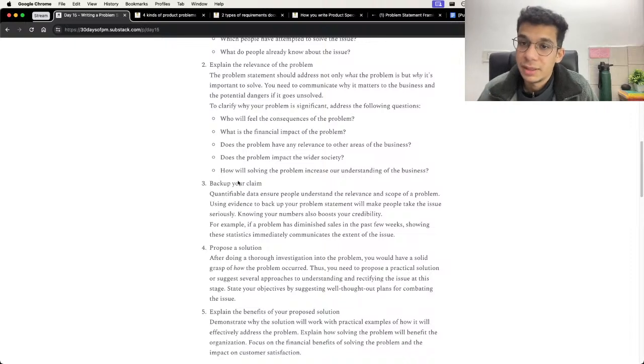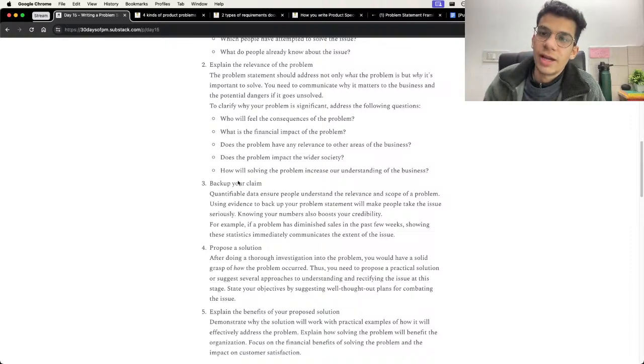Back up your claim. Don't always be very stubborn, and be very specific once you have thought of a solution. There is flexibility in also understanding, and for example, increasing or decreasing the scope, trying to approach it in a different way recommended by your engineering and other stakeholders as part of the process. Always take their inputs, see what's best, take the right call, and go from there.